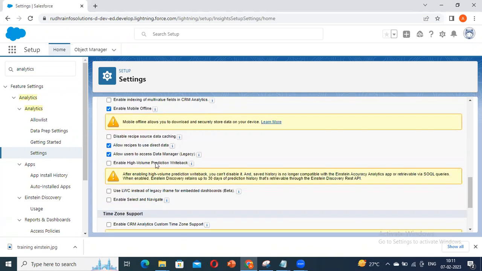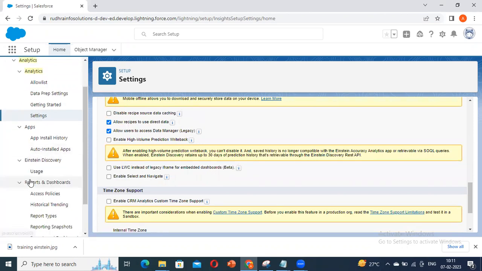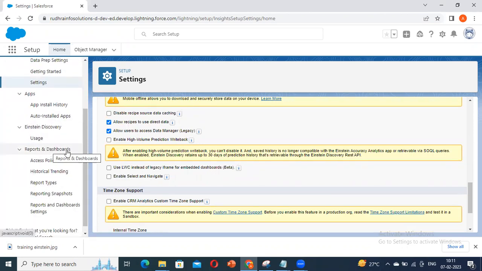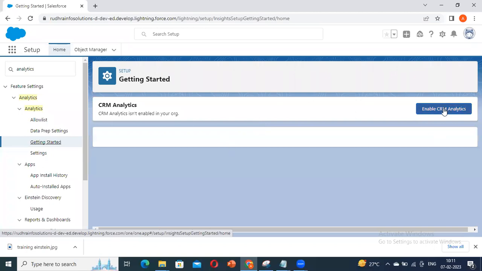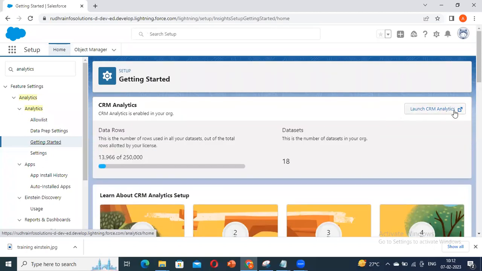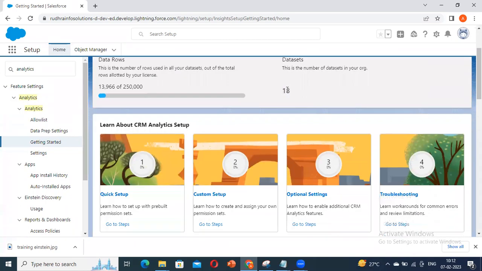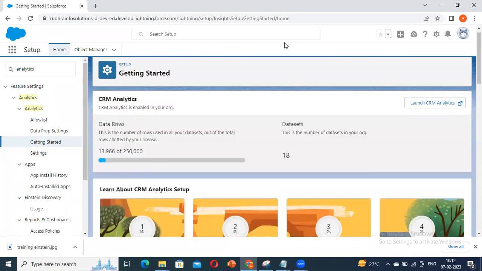We have Agentic Discovery also, since we have a CRM Plus license. Agentic Discovery is also enabled for us. When you click on Getting Started right here, you can see this. Since we have enabled it already, you can see how many datasets there are in our environment and the total rows, and we can launch CRM Analytics. Once you check all these things,